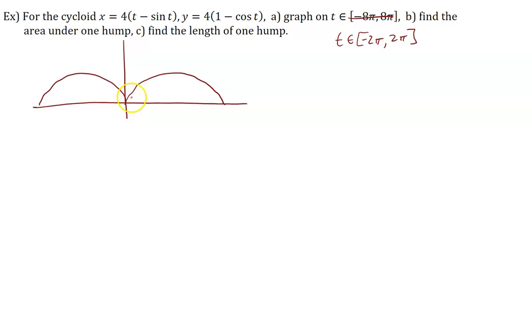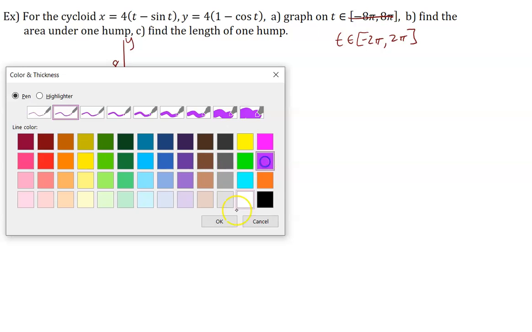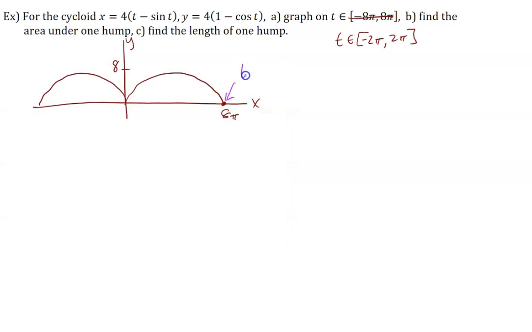The reason is because, like we talked about, this distance right here under one hump of the cycloid is the circumference, okay? So this distance does get us to 8 pi, but it's 8 pi in the Cartesian label. So that ordered pair is 8 pi comma 0 in terms of x and y. And then we have a height here of the diameter, which is 8. So this point right here happens when t is equal to 2 pi or when t is equal to negative 2 pi